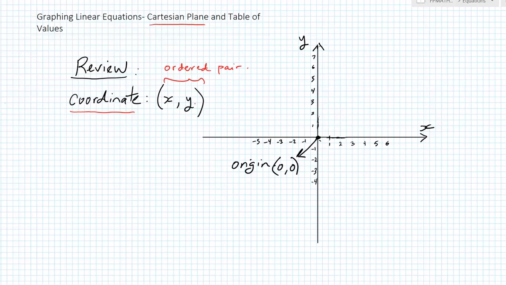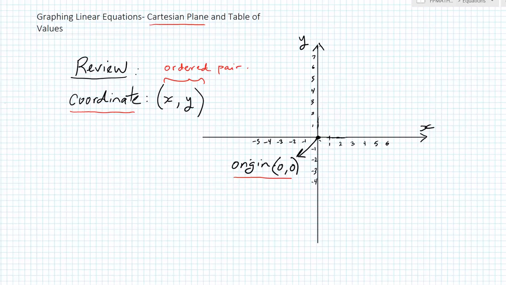So in this case, for example, I just put an example in here, the origin, which is where the x-axis and the y-axis intersect. The coordinate of the point of intersection of the two axes is called the origin. The coordinate of that, the x value is 0, the y value is 0, and that's the way we write it. So let's do a couple of